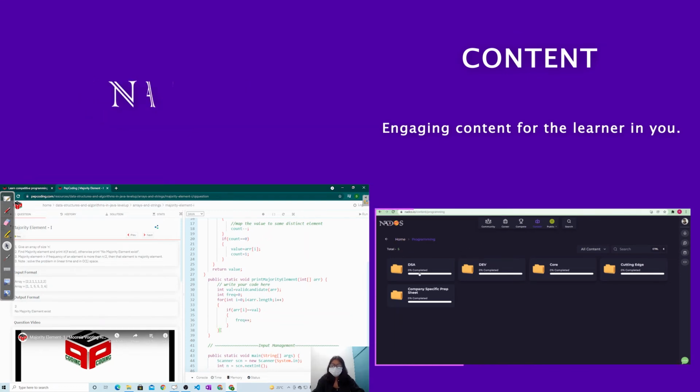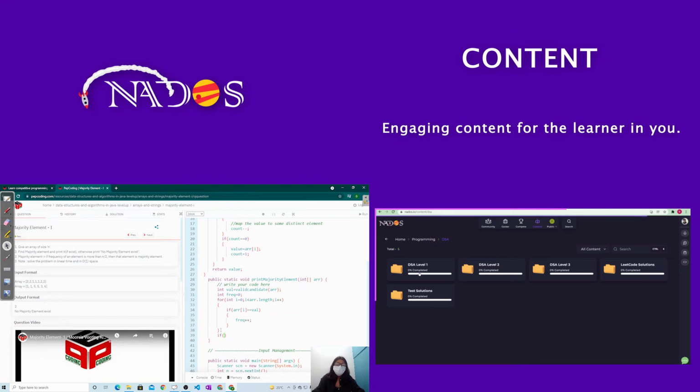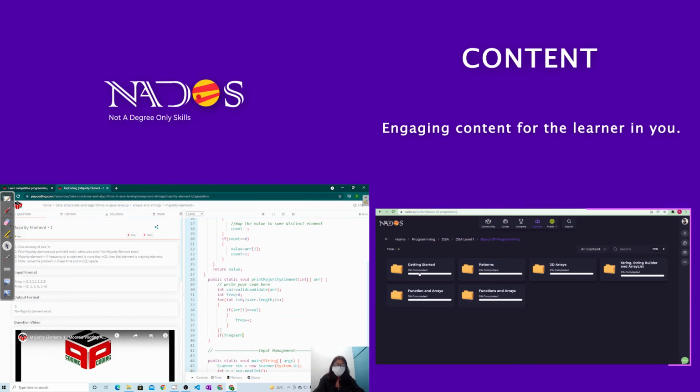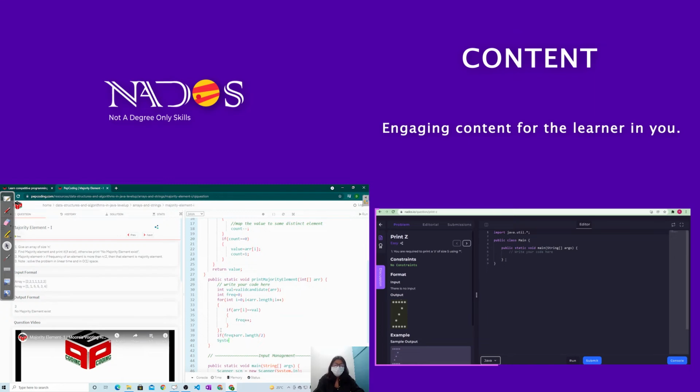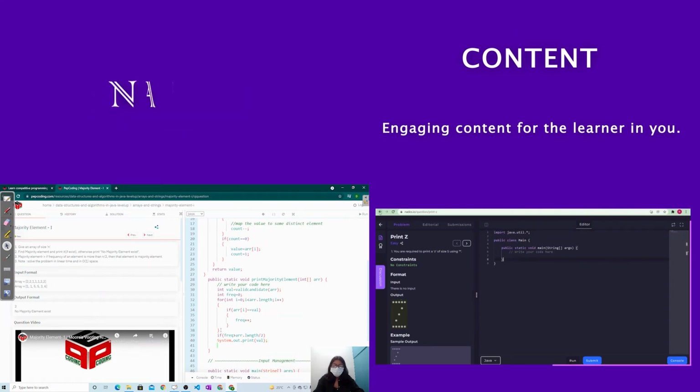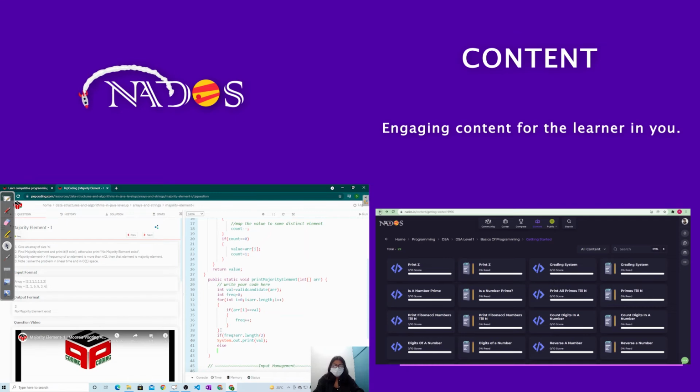All right, now here I'll check if frequency is greater than ARR dot length by 2, then I will print that particular value, System dot out dot print val, otherwise print no such element exists, right?